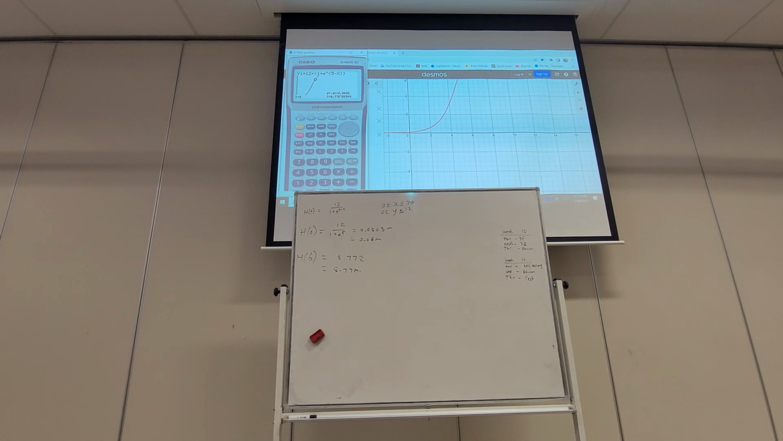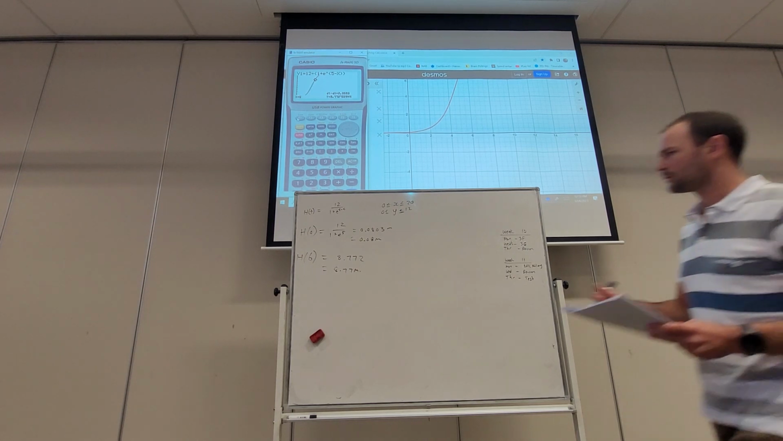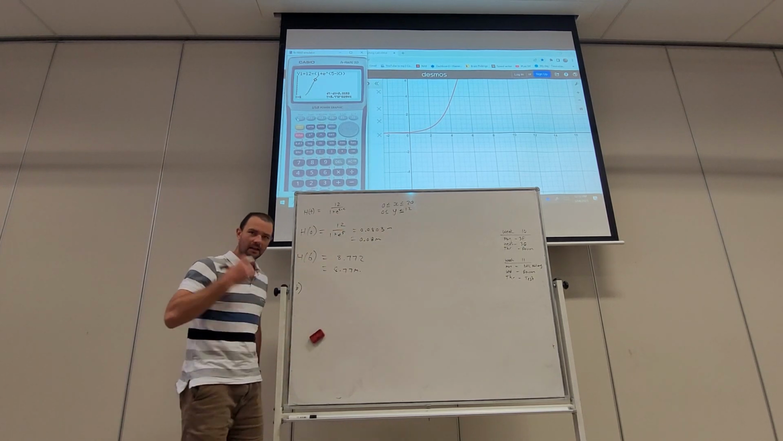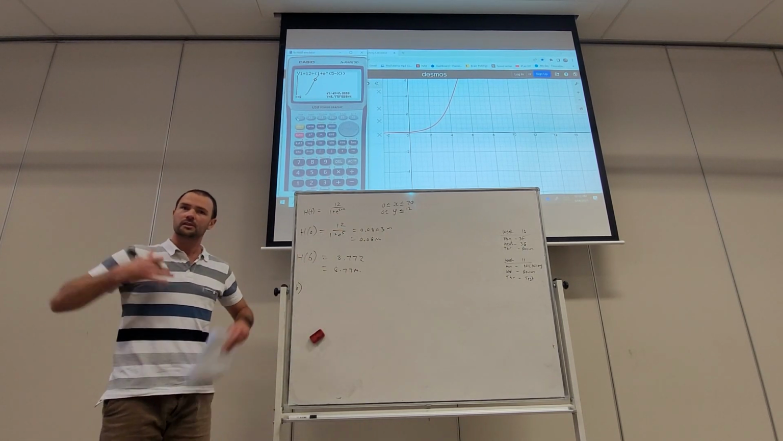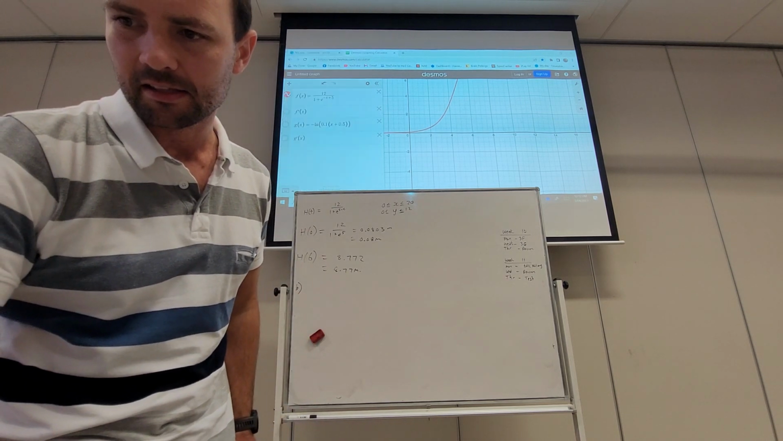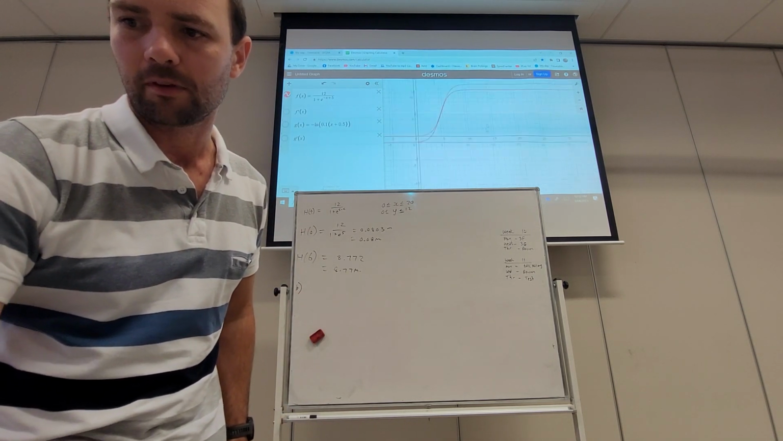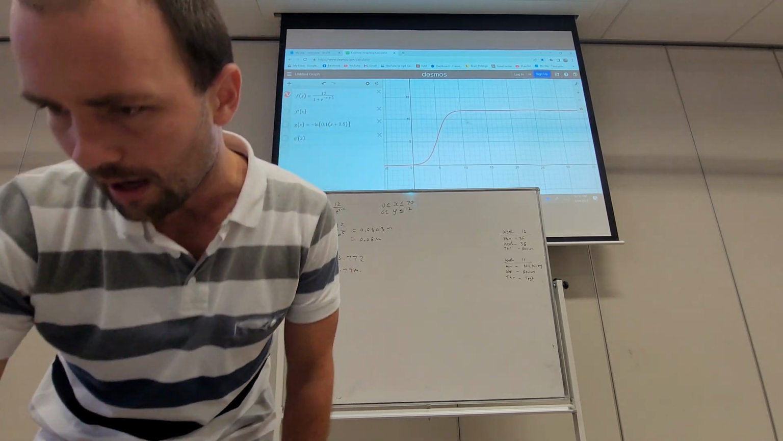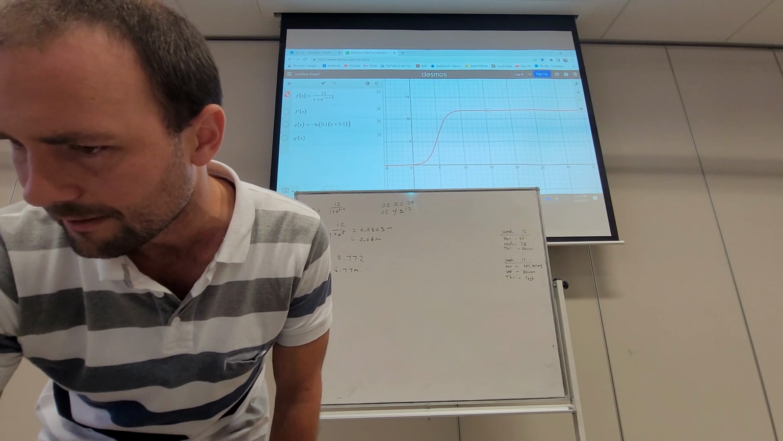B. Discuss as time approaches infinity. Discuss what happens to h of t as time approaches infinity. So we can look at the graph, right? We can observe the graph, okay? And you can see from your calculator, I'm going to use Desmos from now, it's approaching some limiting value,